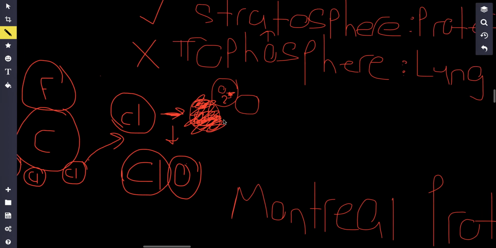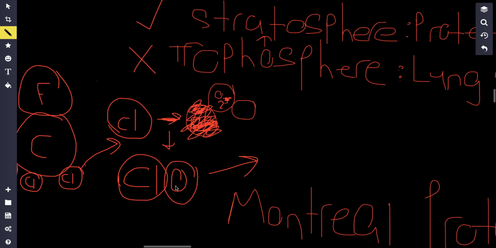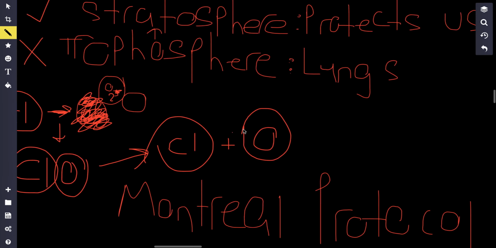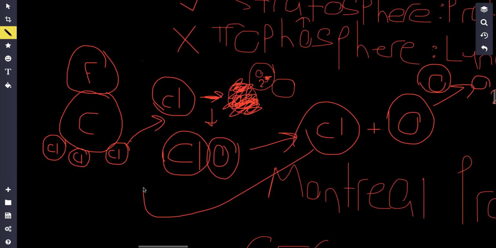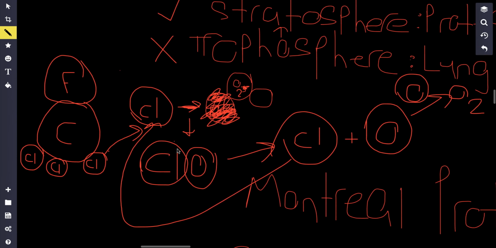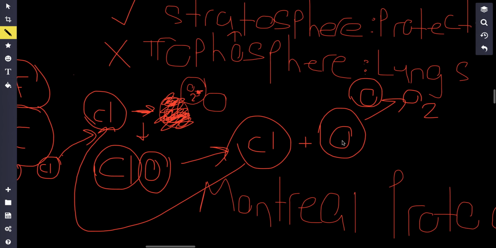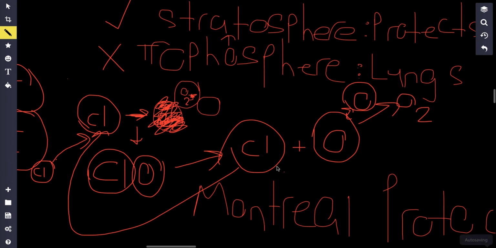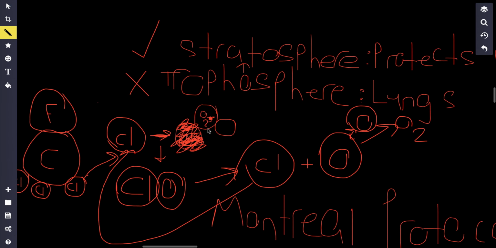And what's going to happen then is the Cl detaches from this oxygen atom. So it just becomes Cl again, and you have this separate oxygen atom. This oxygen atom is going to react with another oxygen atom in the stratosphere to form O2. And this cycle repeats again. The Cl goes to another ozone molecule, attaches, steals one of the oxygen atoms, then pushes away the oxygen atom so that it can combine with another oxygen to form O2. And this process repeats. Notice how in this process, O3 is constantly being depleted and just O2 is being formed.